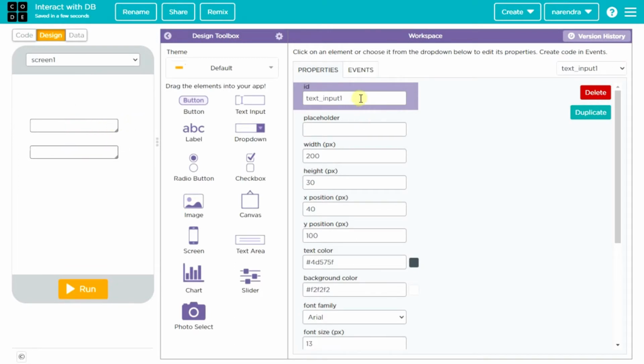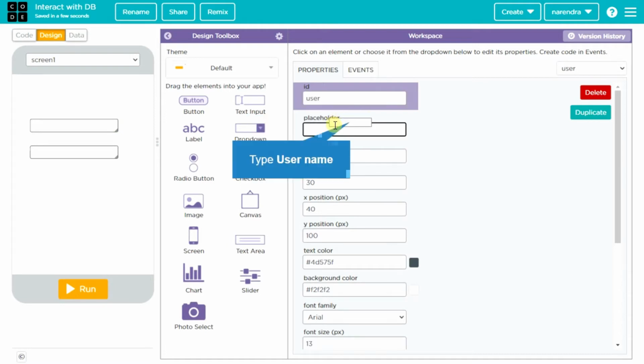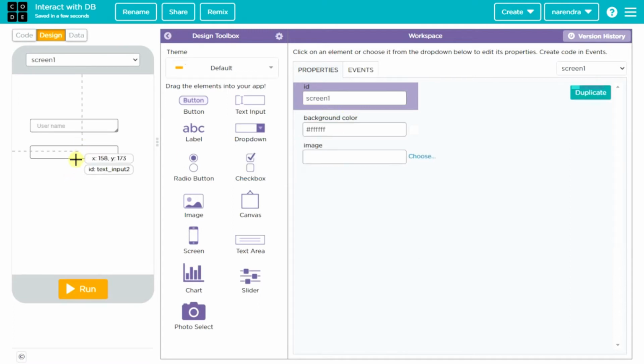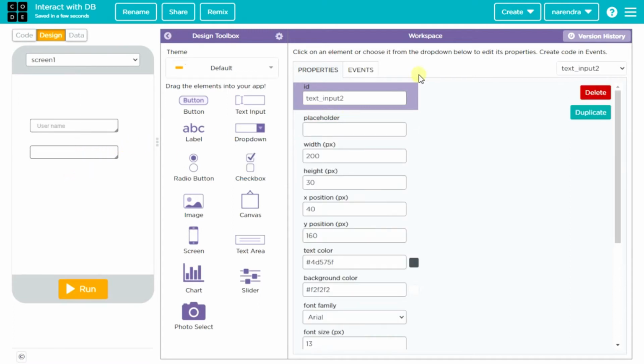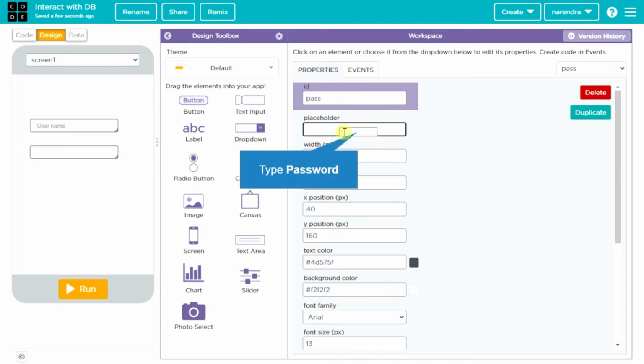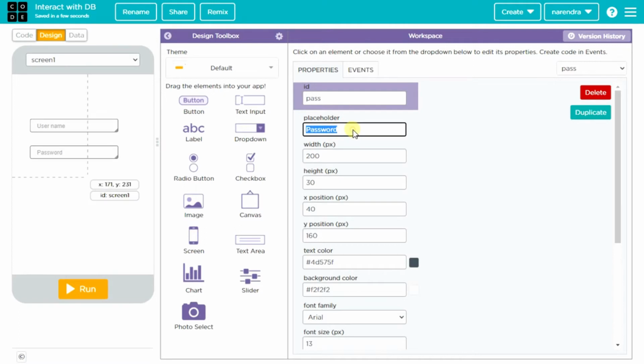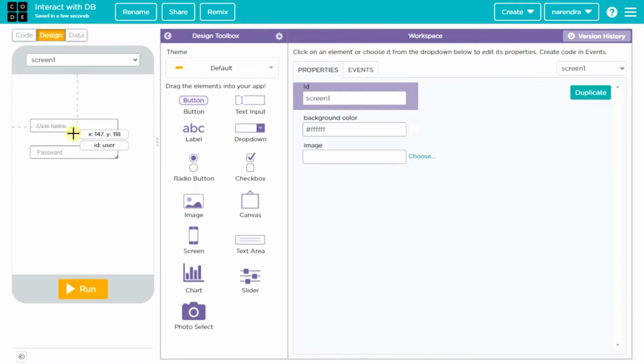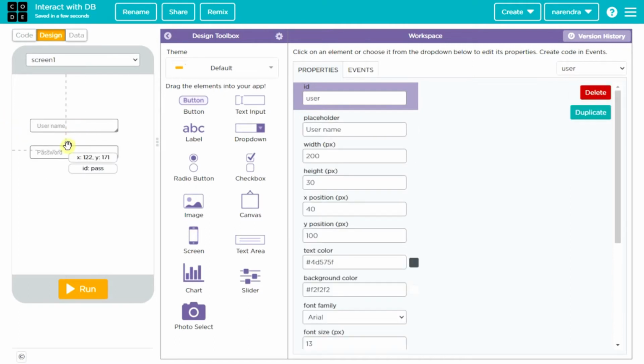Give an ID as user for username, and give the ID for this one as pass for password. Whatever text I am writing here will be displayed inside the input. This is for getting the username from the user, and this is for getting a password. Its ID is user, and its ID is pass.